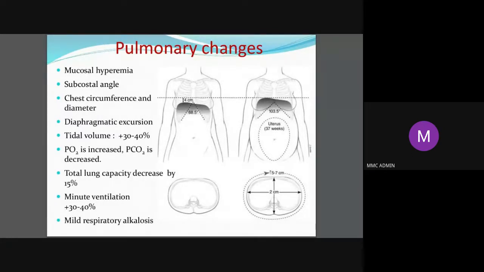Usually it passes off. So why is the respiratory rate and other things increased during pregnancy? Again, because she has to take in more oxygen for herself and the baby, and also give out the carbon dioxide of the baby as well as her own carbon dioxide. So all the parameters will increase. And finally, there is a mild respiratory alkalosis in the blood. When you take the blood and do an ABG, that is what you are going to see.